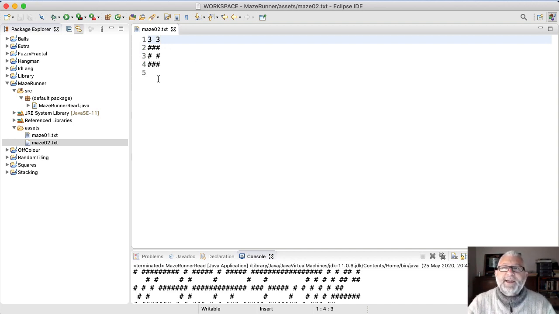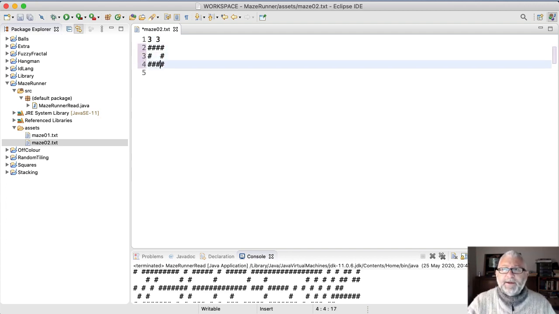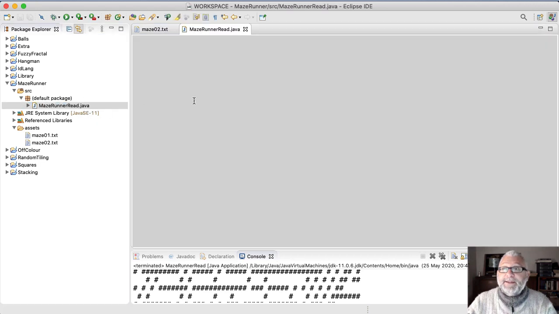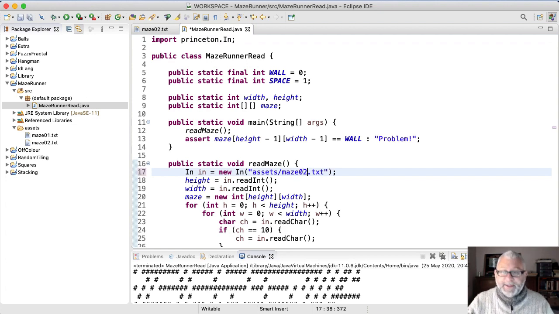Now you have to be so careful and clever. Maybe making it 3 by 3 is not the best idea, because if, for example, we read the height as the width or the other way around, we wouldn't know. So let's make it 3 by 4, 4 by 3, however you think about it. Right, I'm going to go back to MazeRunner, change this hard-coded input file to maze 2,